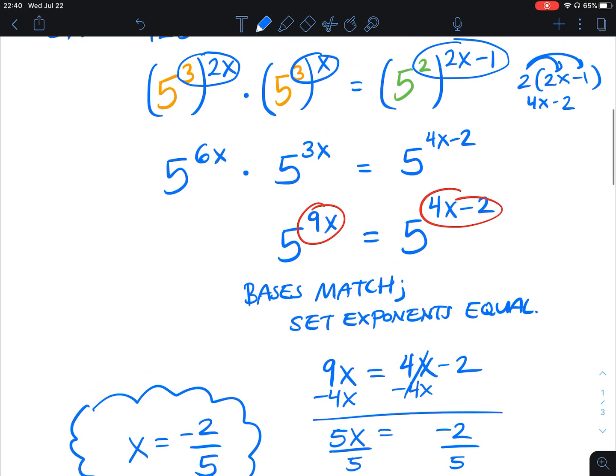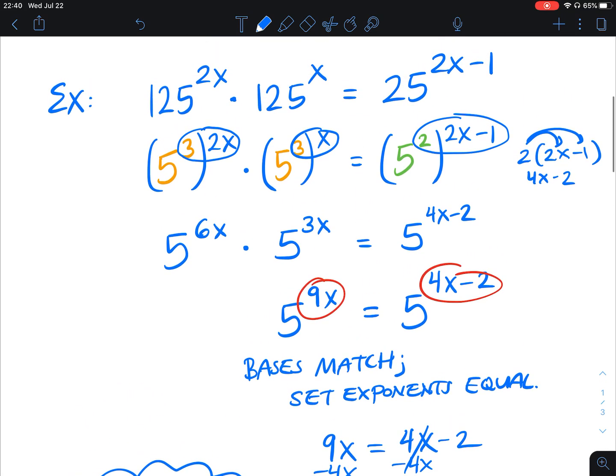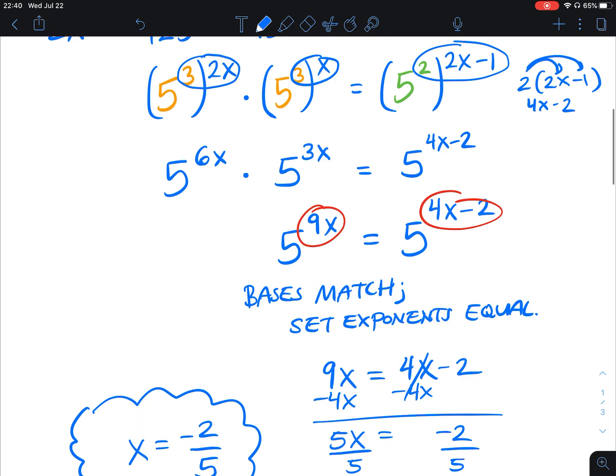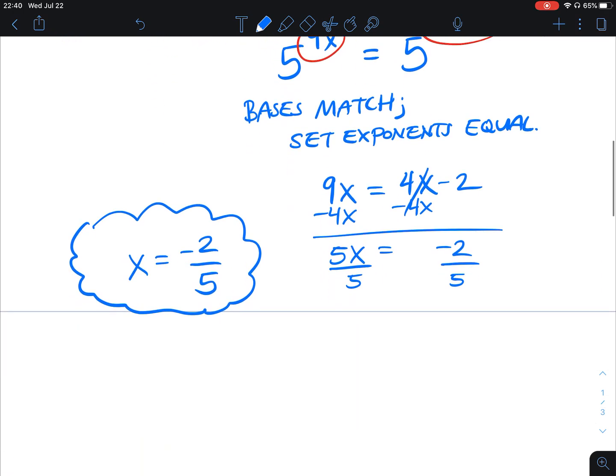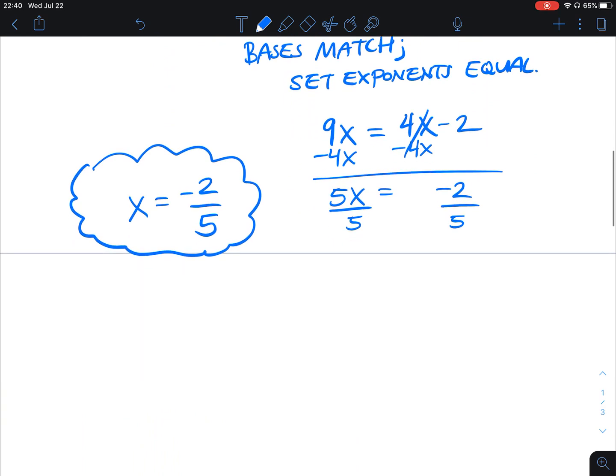Another fun technique I know we've been talking about is you can always graph the left and right side of the equation, and we're looking for the x value where they intersect. So that's another way to check. Lots of possibilities. I'm going to do another one that has the same kind of feel, but it incorporates some